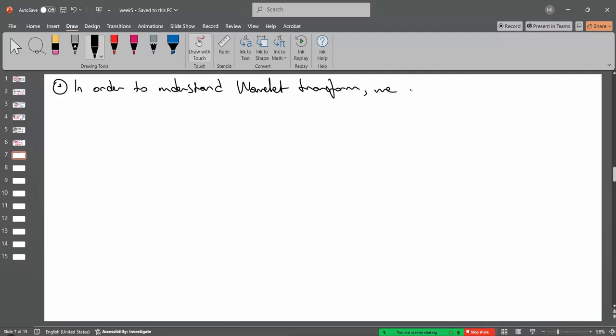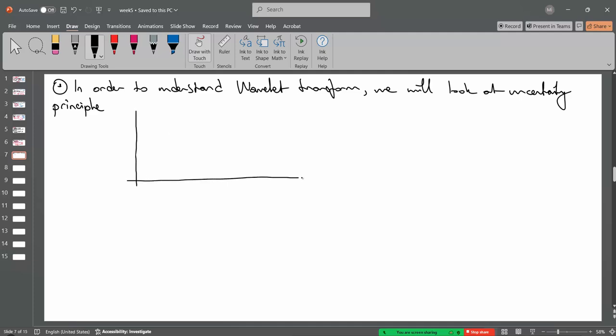we will look at the uncertainty principle, which is stated by Heisenberg. Okay, and so what did Heisenberg say? If we have any diagram here, just like this one,